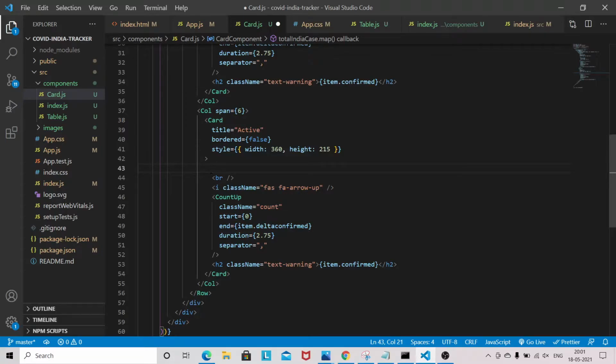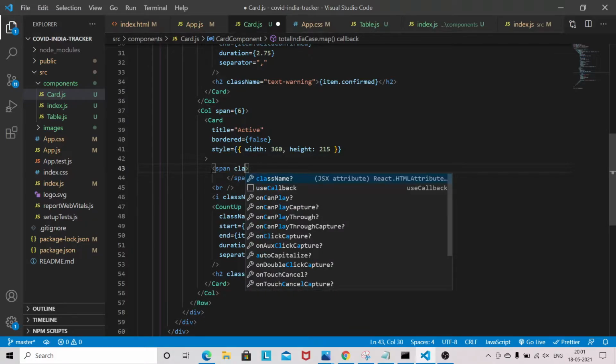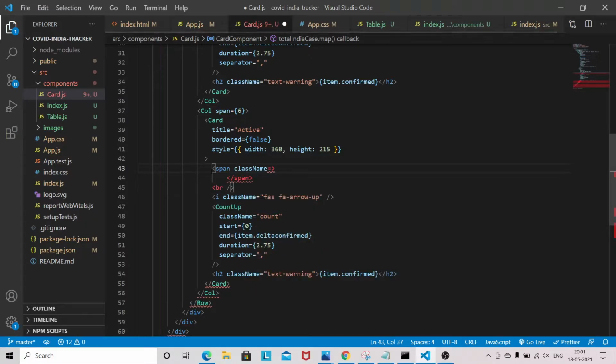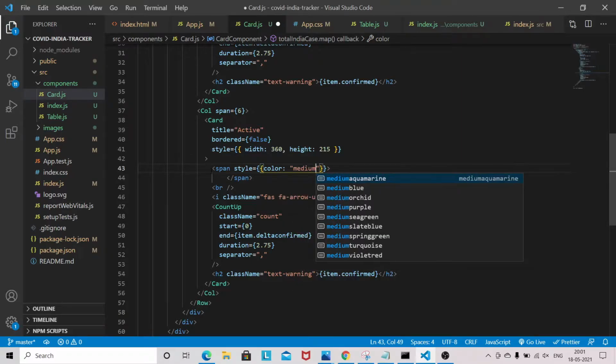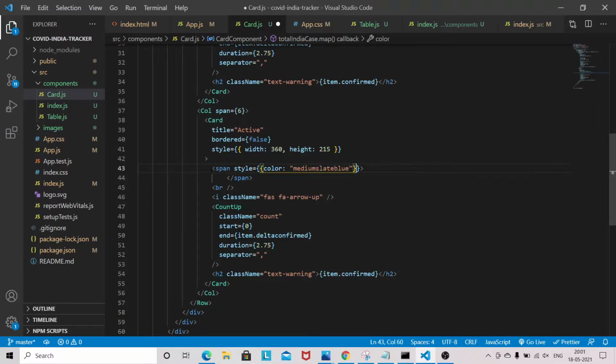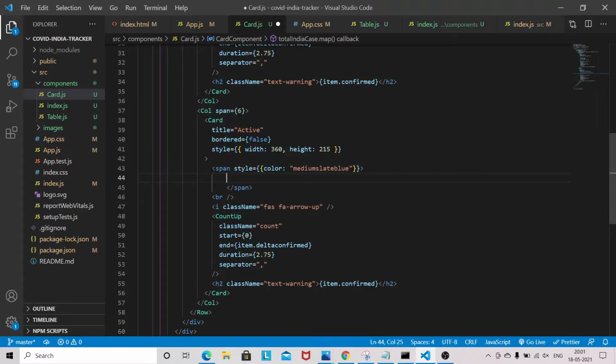So we'll do a span, and in span, not class name, style. The color will be medium slate blue, because here we'll be using the Font Awesome icon.